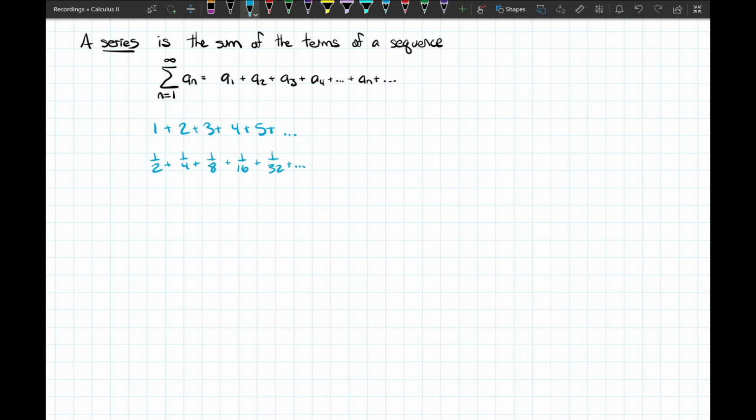We saw this sequence before, 1/2, 1/4, 1/8, 1/16, 1/32. What if we start turning that into a series and start adding 1/2 plus 1/4 plus 1/8 and so on? Well, this is actually a pretty famous problem called Zeno's paradox. And really, he was observing that if you want to get across the room, you have to walk half